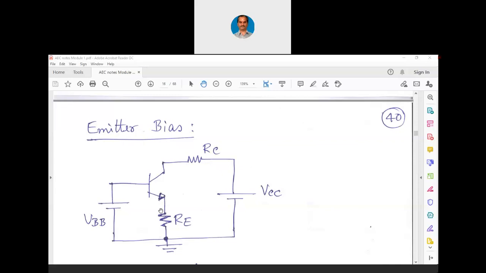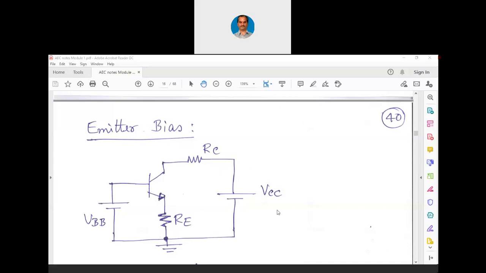VBE may not be sufficient enough for the transistor to completely go into saturation. So when we design the circuit, we should take care that RE should not be much larger. If RE is much larger, then there are chances that transistor will not turn on at all. Because if the voltage here is much larger than the forward bias of the base to emitter junction, then the base to emitter junction may not remain forward bias at all. It will completely go into reverse bias.